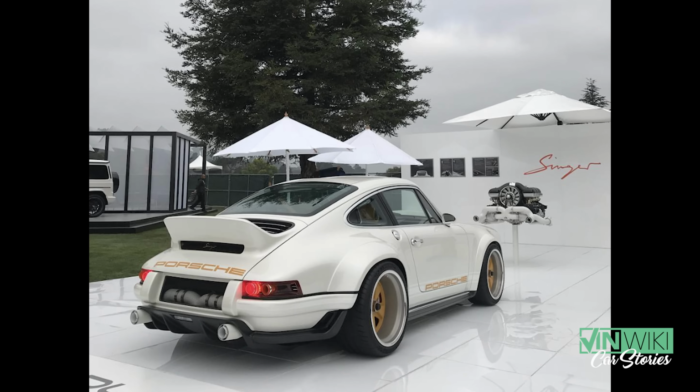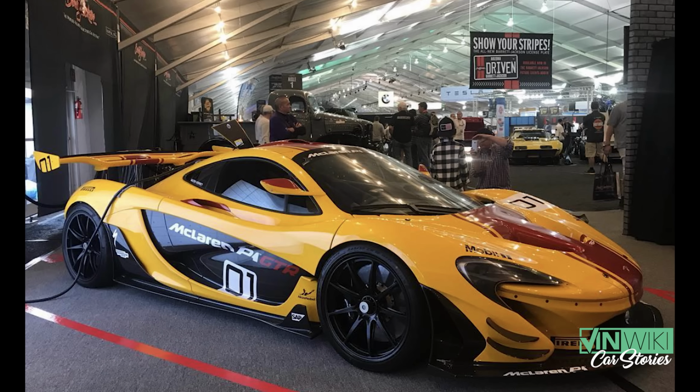And I had seen this McLaren P1 GTR that had been floating around Instagram. I had seen it on a couple pretty big Instagram pages. So I've just always been fascinated by that car. It's just such a crazy car. There's around 50 examples. It's got close to 1,000 horsepower. So I would see it around, and I was kind of wondering whose car it was,